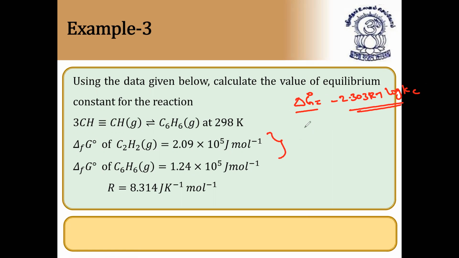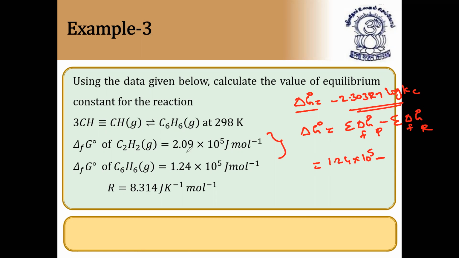Delta G degree is equal to sigma of delta G of formation of products minus sigma of delta G of formation of reactants. Acetylene is the reactant and benzene is the product. Only one product, so it is 1.24 into 10 to the power 5,